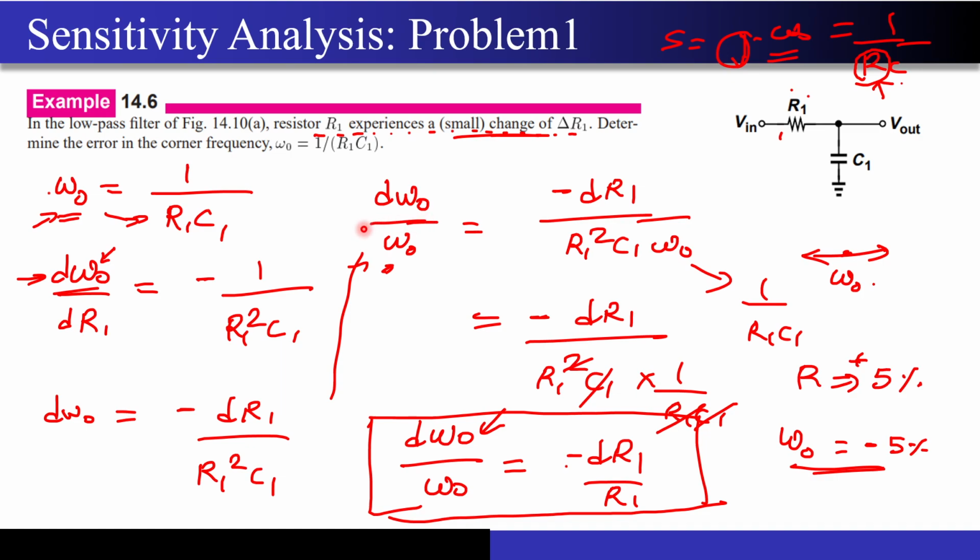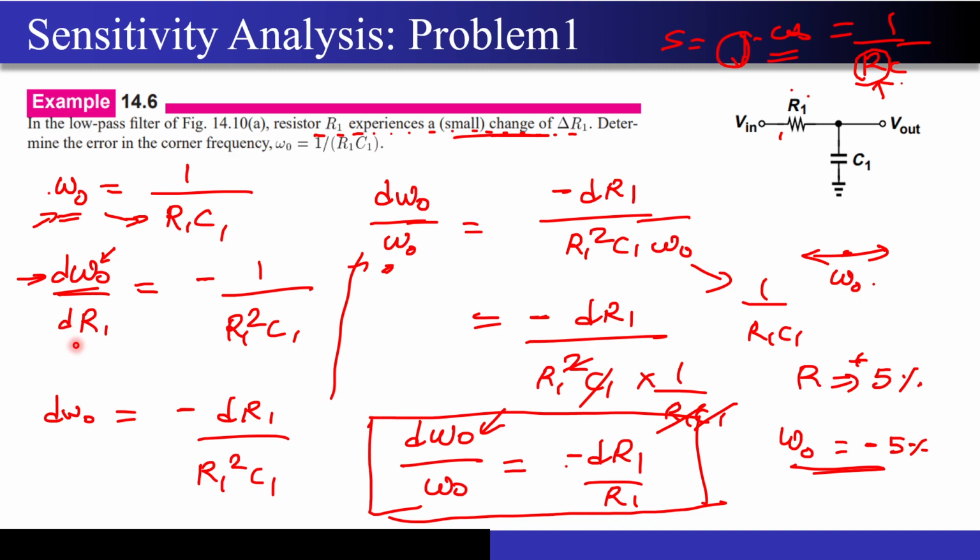The way we express the change in the center frequency is that we express this d omega naught not in absolute terms, but in relative terms with respect to omega naught. So how much change did I get with respect to my center frequency? This is how we represent the change. The term that I got here is d omega naught, correct? So I have to find d omega naught by omega naught.